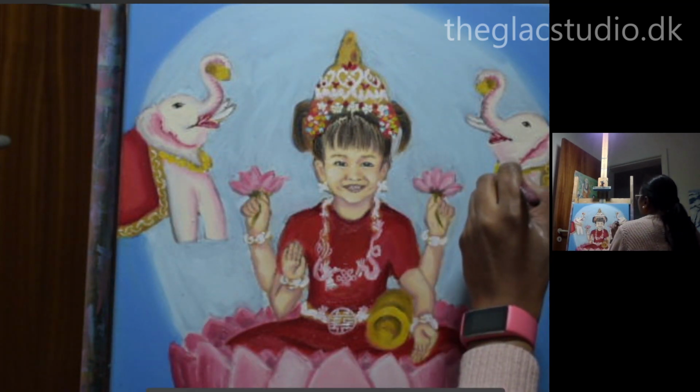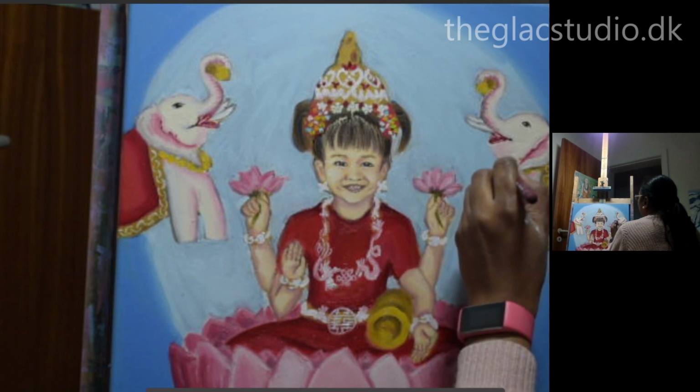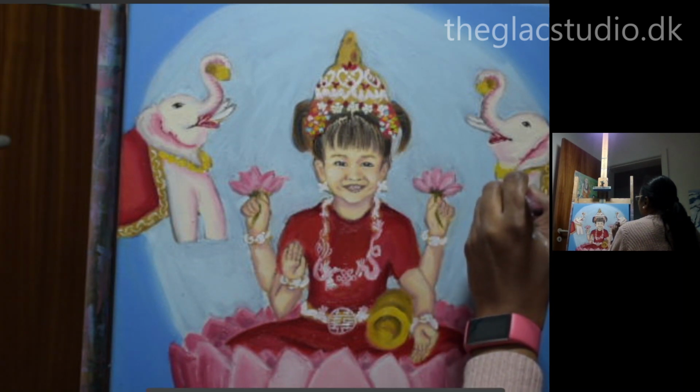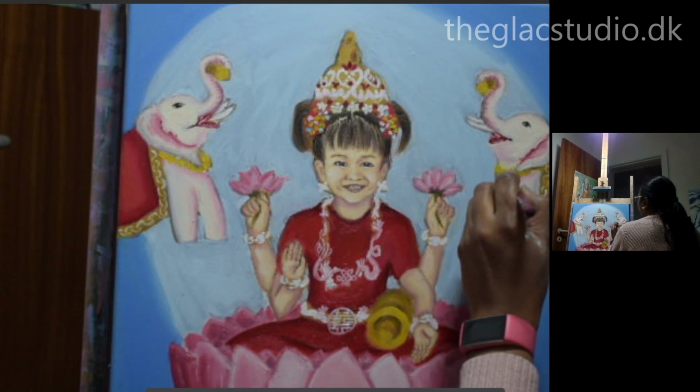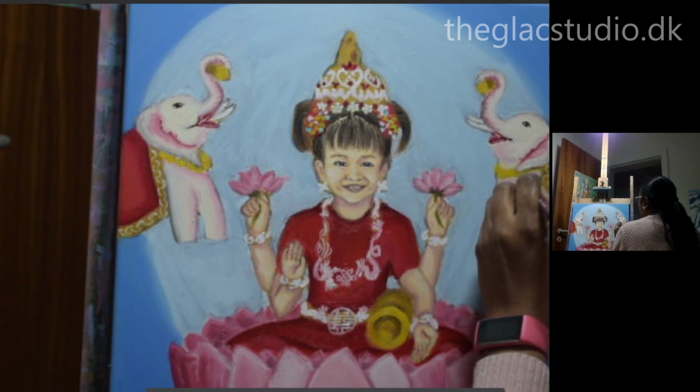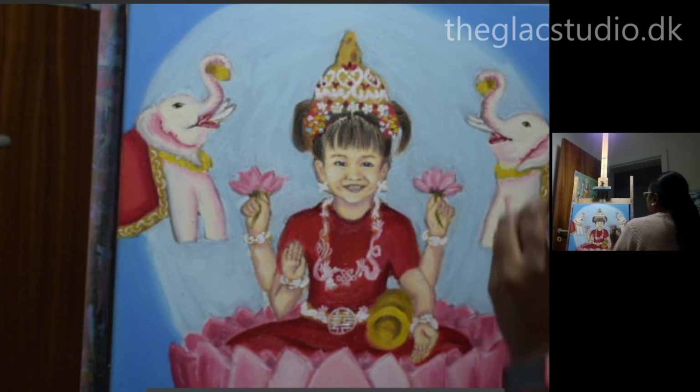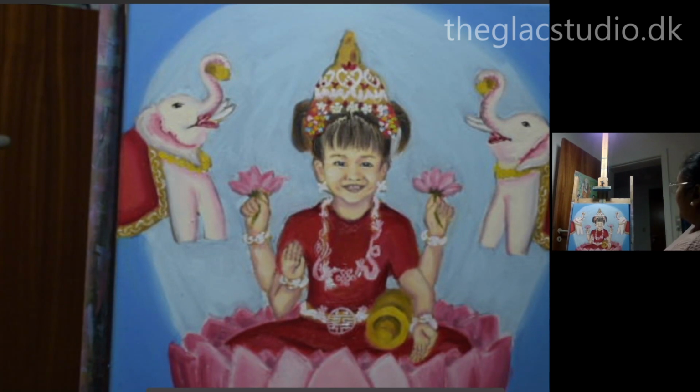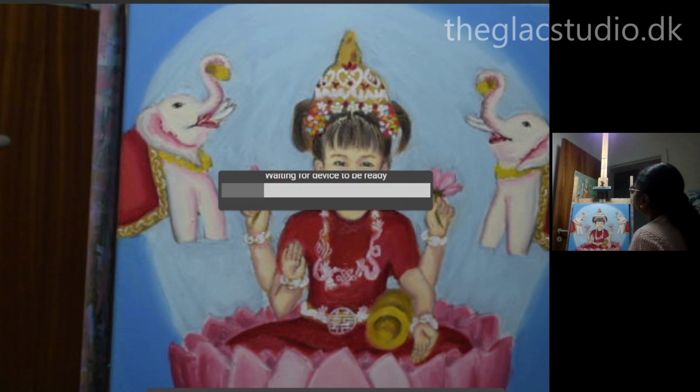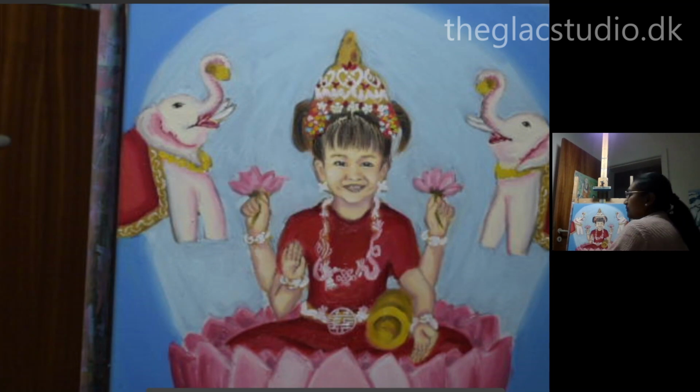Not too much, I think a little bit of work needed to be done, otherwise it's all nearly there. Okay. So there we go. We have finished the jewellery of Gaja Lakshmi, and now the focus is going to be on